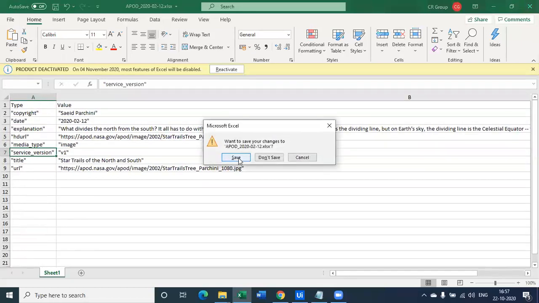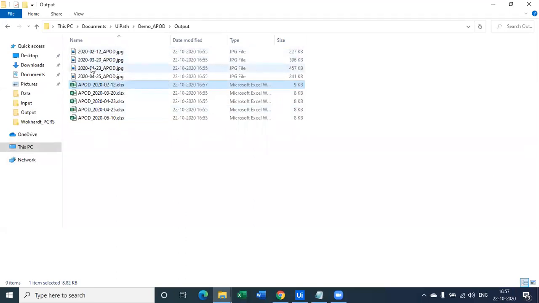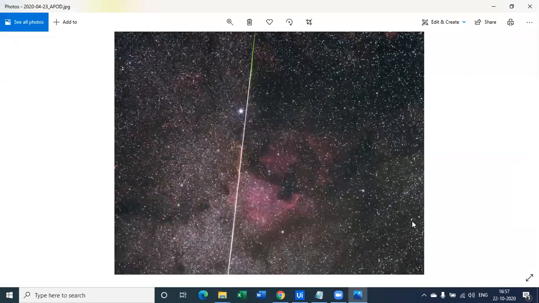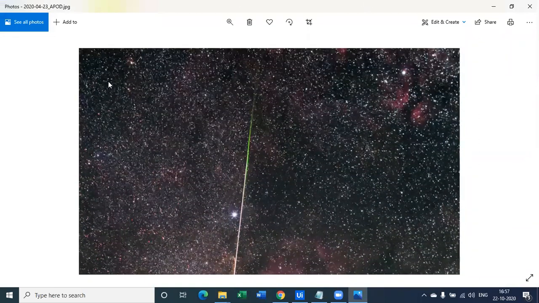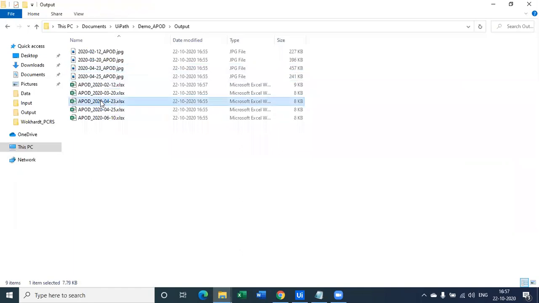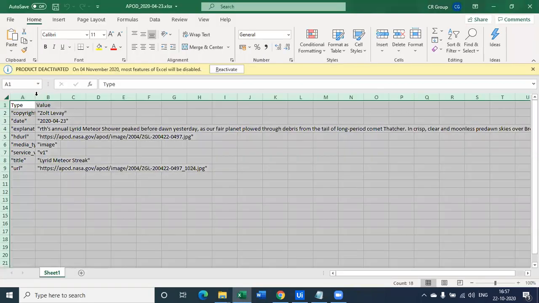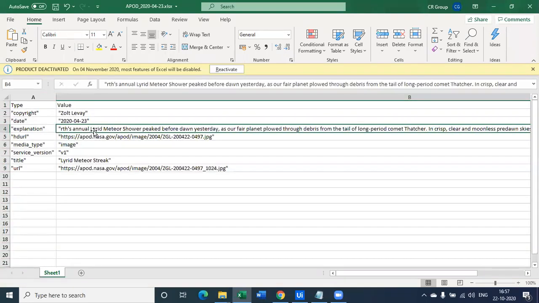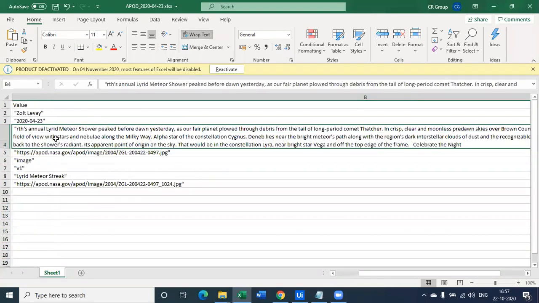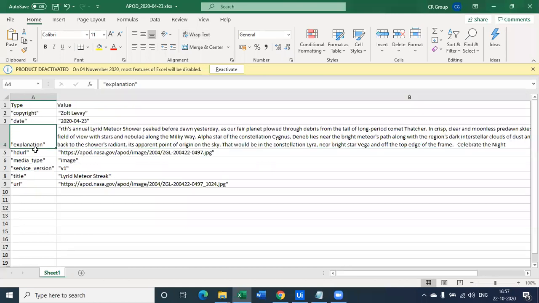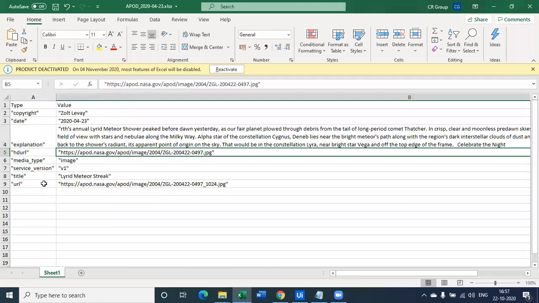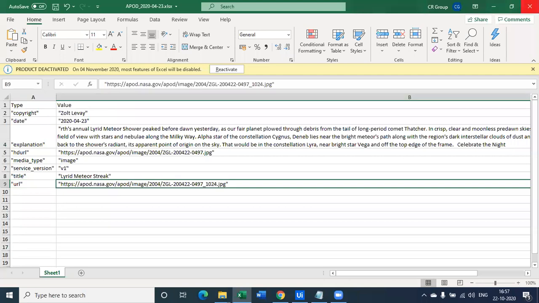And let's look at the pictures for those particular dates. So I will open first picture for 23rd of May. So this is the picture which was downloaded from NASA's Open API. And this is for 23rd of May 2020. So let's look at the Excel file relevant to that, which is this one. Now this particular image, you can get the explanation here. This image is all about, and you can see all the information here written, right? And also you can get the URL link for HD and URL link for non-HD, which we have used the non-HD URL, okay? So we'll close this one.